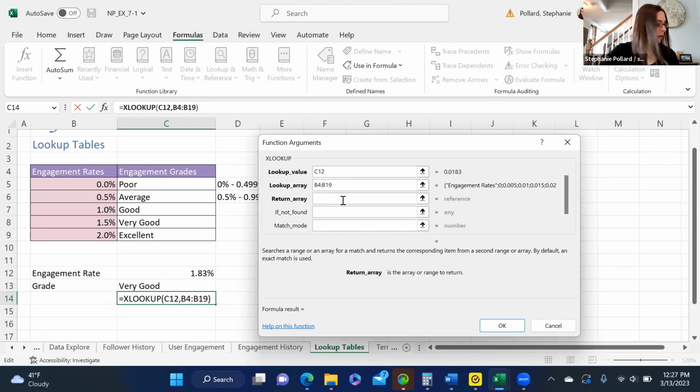My return array here is going to be the engagement grade. So again, I want to return whatever word is appropriate in this case. Now, it does let me put in a word or a number, whatever I want to, if a value is not found. So let's say I'm looking something up and I don't find it in the table. You actually could write in something like, not found, for instance, and then it would spit out that word